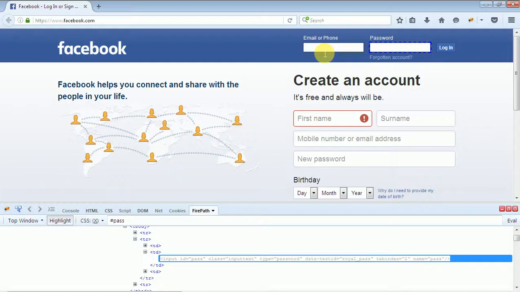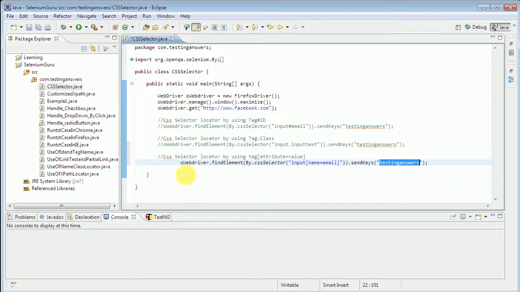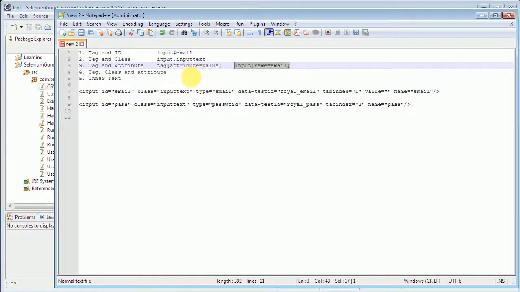So in this program I will also achieve the password in the same code. I will not execute two separate codes. So just save your program and go back to notepad. In the password section I will achieve it through tag, class and attribute. So in the tag, class, attribute, now as the name says, tag and class, like the second one, I use it like that: